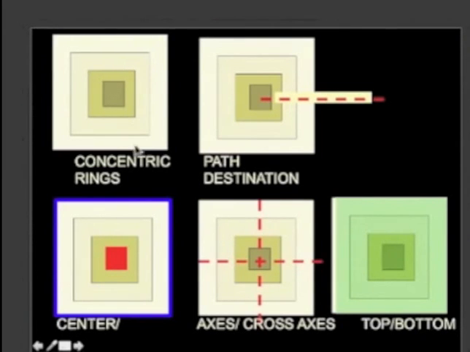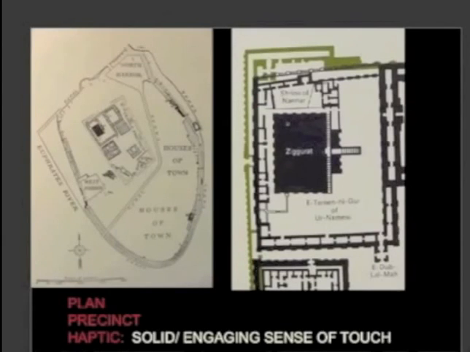So we have a series of concentric rings. Here, not spatial rings, but actual solids. The terrace, the terrace, the terrace, the terrace. We have an axis that cuts into it. We have a center. We have a perimeter. We have the cross axes establishing a center. And here we have top and bottom, as well as inside and outside. So everything's the same, or at least architecture makes its meaning visible to us in similar ways, regardless of the site, regardless of the material, regardless of the strategy.